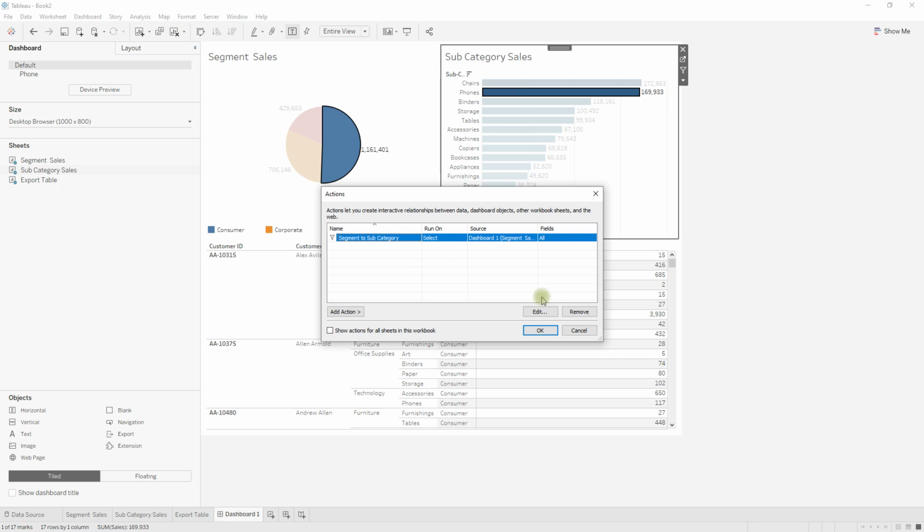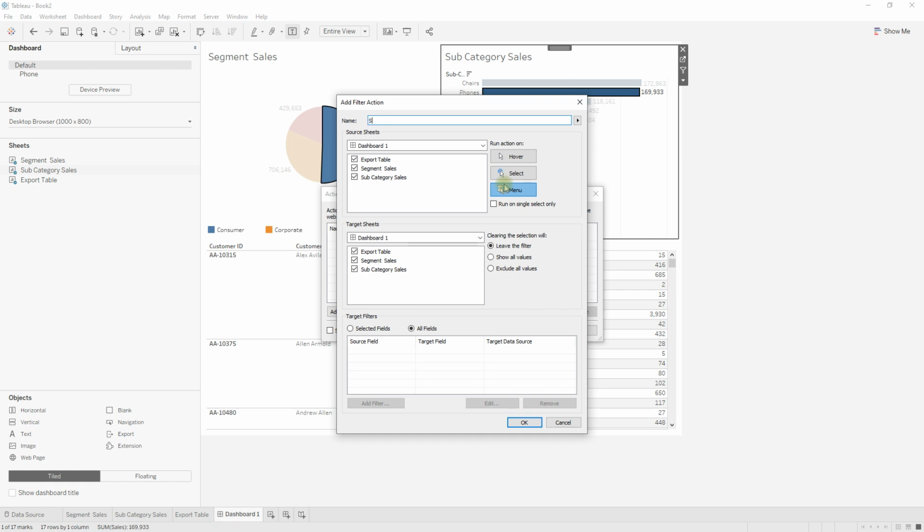I will remove this action. Let me create a new action filter that filters segment, subcategory, and table. Okay, here our source sheet is segment sales.